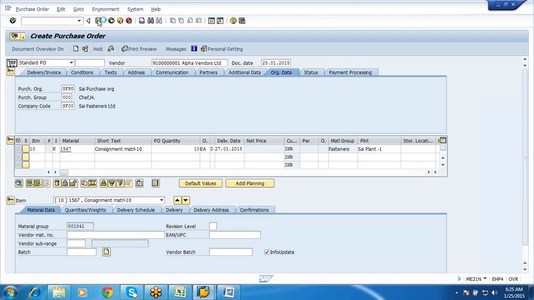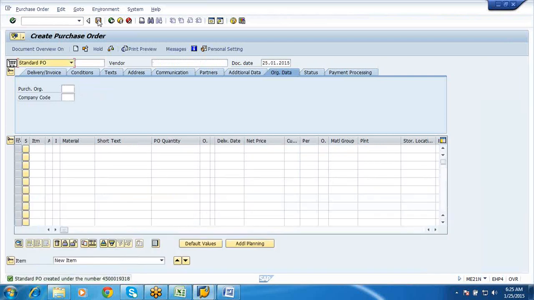And we cannot use MIRO to pay? No. For your pipeline and for this consignment, it is MRKO, because both of those don't have prices in the PO. So for one process you don't create a PO at all for your pipeline material. For the consignment you create a PO, but you would not be entering the price. So that is the reason we go for MRKO.